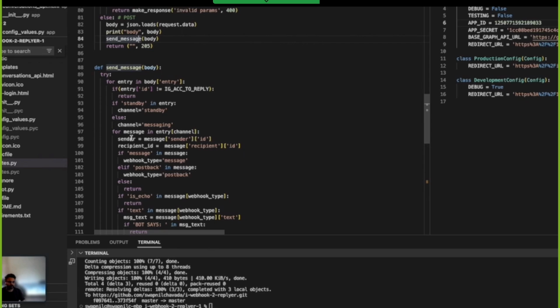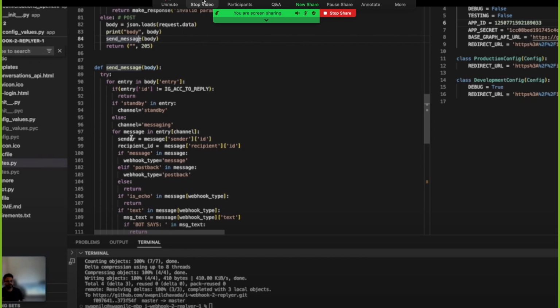So it's like an echo bot. It just listens to the user's message and replies back to give you a sense of how to build a bot using the Instagram APIs. We'll be using this endpoint in webhook configuration in the next steps.